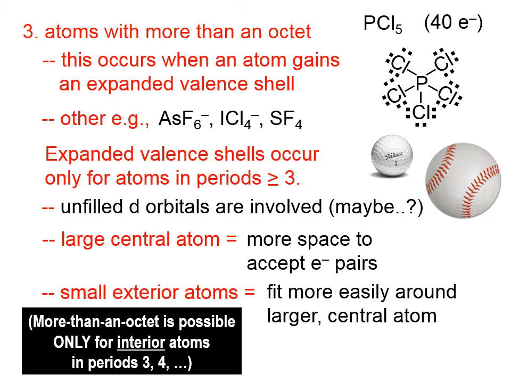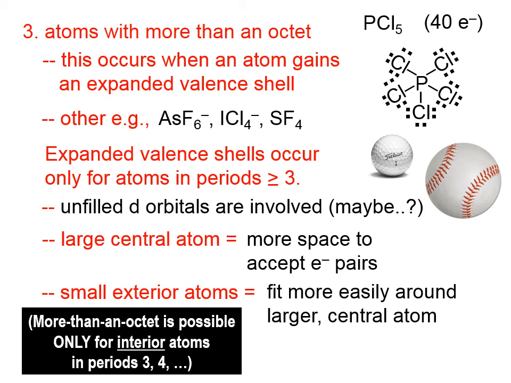For example, if we had a golf ball versus a baseball, which would we put in the middle, which would we put on the outside, such that we could put the most atoms on the outside? The answer is you'd put the baseball in the middle, because you could get many golf balls around the outside of that, because the golf balls are smaller. You put the golf ball in the middle, you can't get very many baseballs around it,